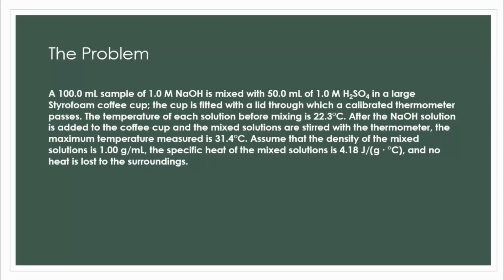The cup is fitted with a lid through which a calibrated thermometer passes. The temperature of each solution before mixing is 22.3 degrees Celsius. After the NaOH solution is added to the coffee cup and the mixed solutions are stirred with the thermometer, the maximum temperature measured is 31.4 degrees Celsius. Assume that the density of the mixed solutions is 1 gram per milliliter. The specific heat of the mixed solutions is 4.18 joule per gram times degrees Celsius, and no heat is lost